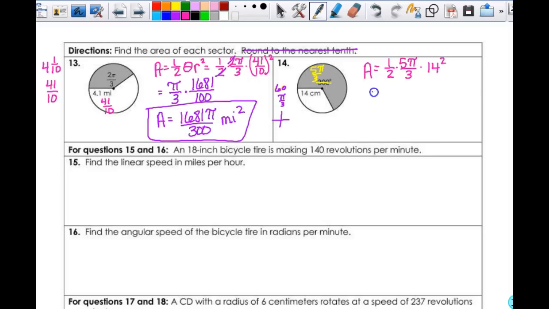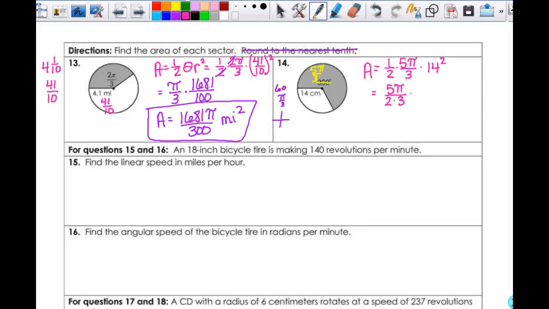So then this gives me, I can't reduce the 2 and the 14 right there. I could split it up and reduce like we did the other day, but I know what 14 squared is, and so that might be better. Might be better for me to go ahead and square 14 than it would be for me to make it 7 times 14. So I'm going to leave it for right now and make this 5 pi over 2 times